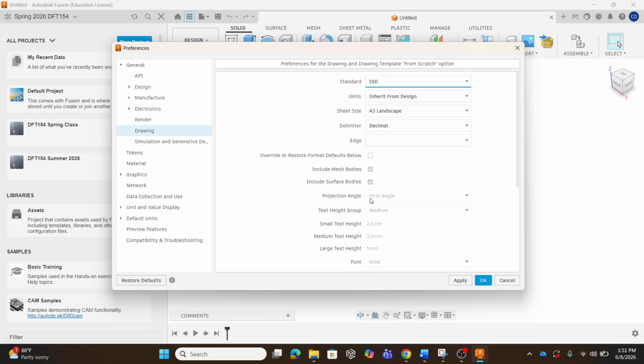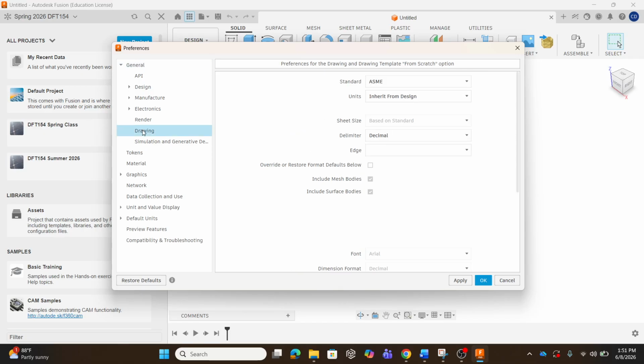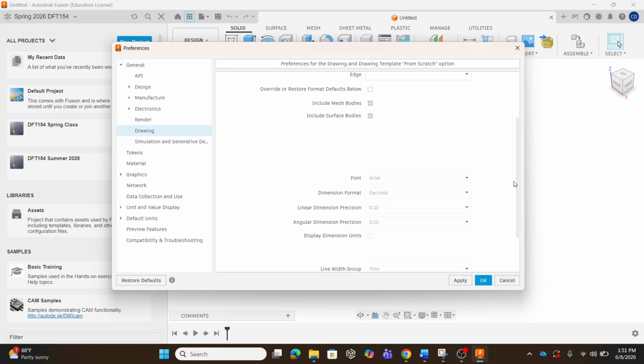Okay, here's what I'm looking for. It says first angle. We do not want first angle. We want third angle. So put your preferences in ASME. So go click on General. When you have the drop-down menu, you'll come down to Drawing, and then where it says Standard, yours is probably going to say Inherit from Design. Click in ASME, and what you want to see if you